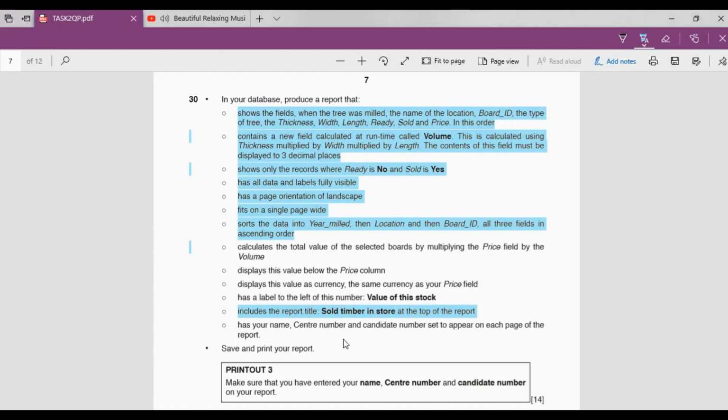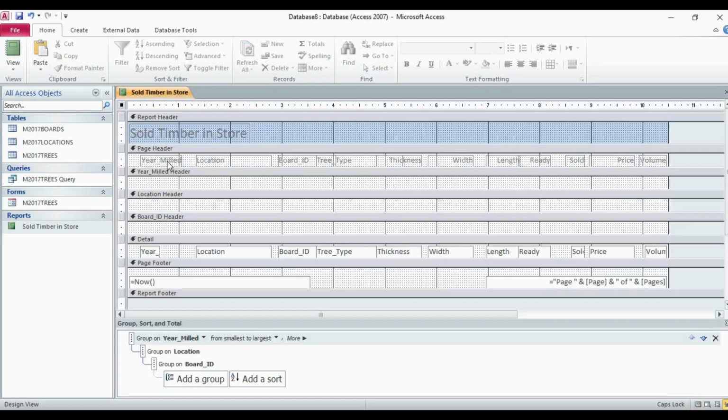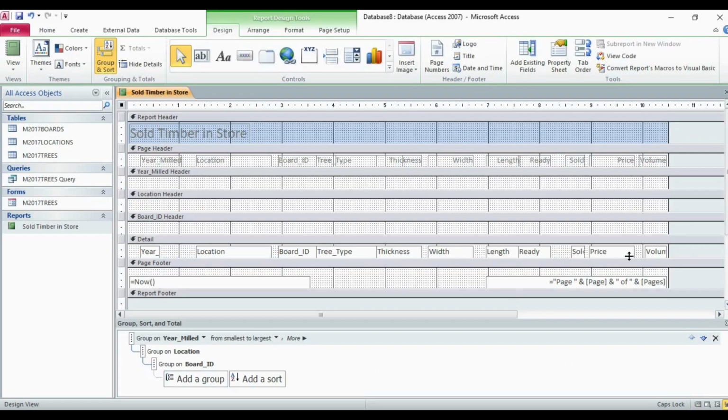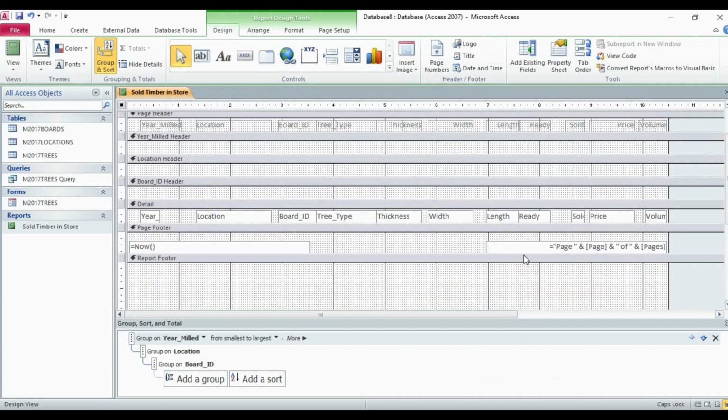Now next, calculate the total value of the selected boards by multiplying the price field by the volume. So we have the price field with volume. Simply drag it.